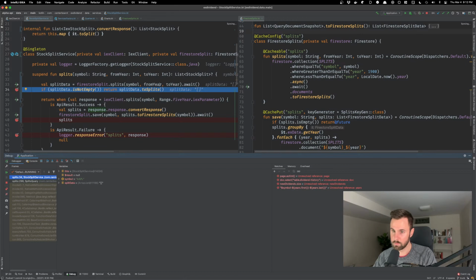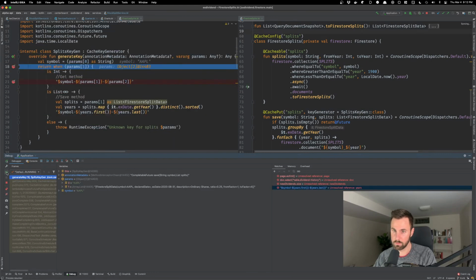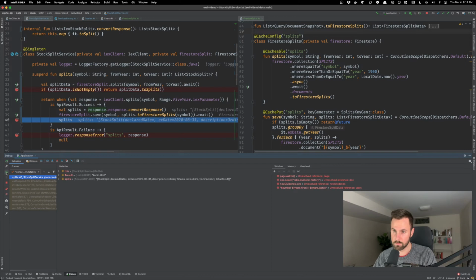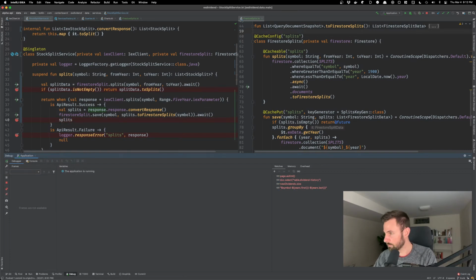Nope. So that means we don't have data in Firestore potentially. So that means our save function maybe didn't work or our query is wrong. So let's look at our data. The data is there,